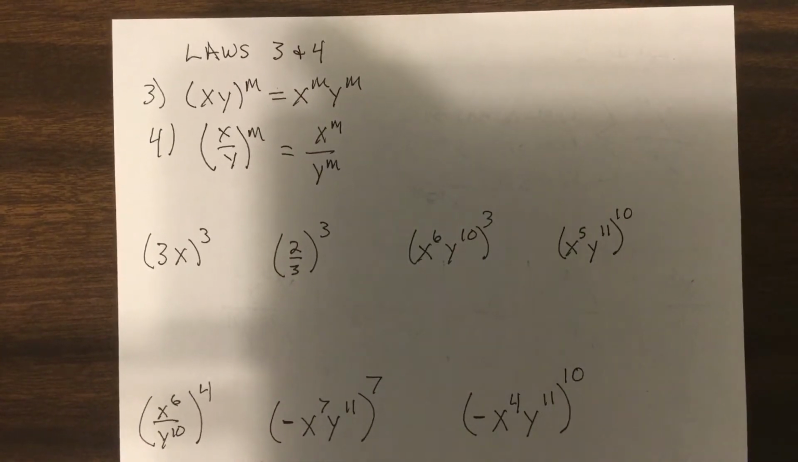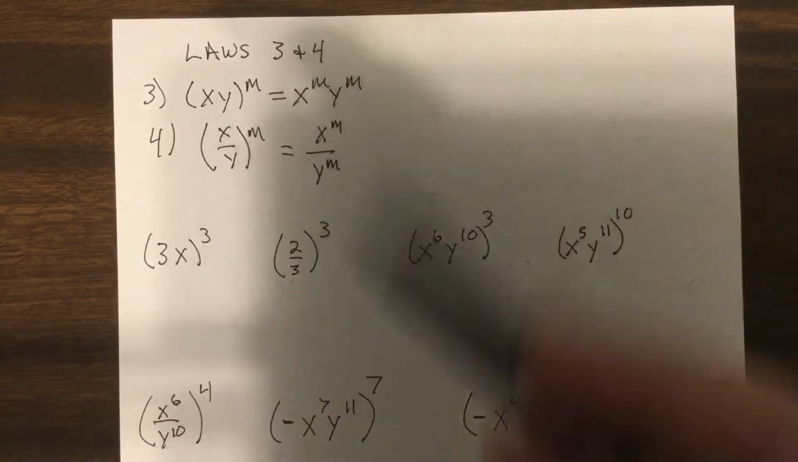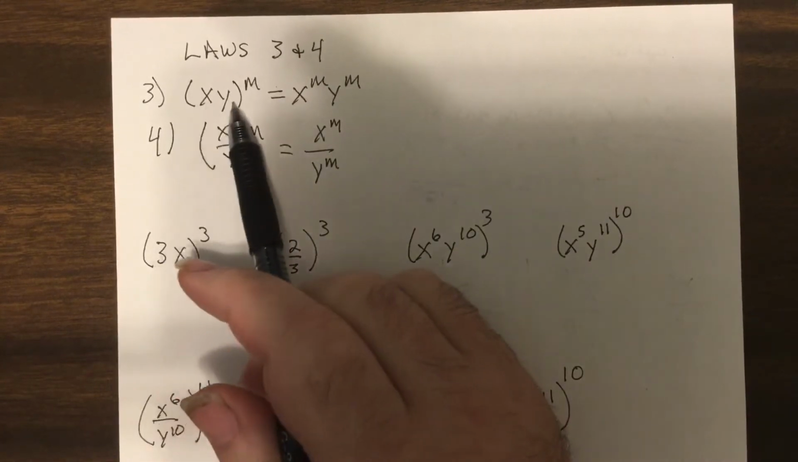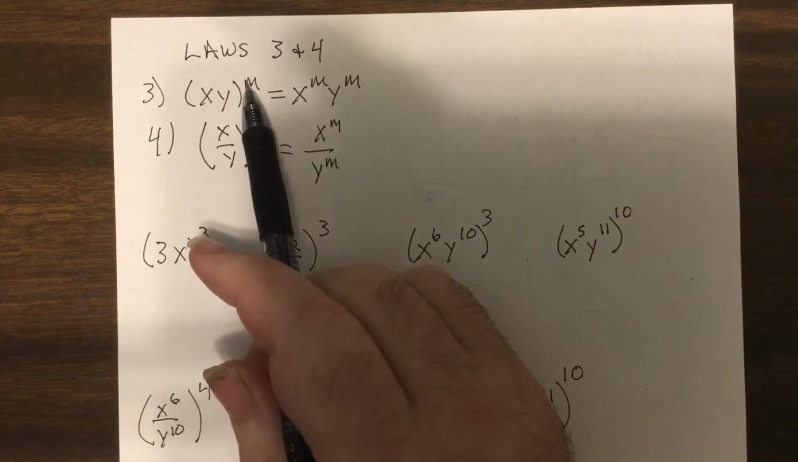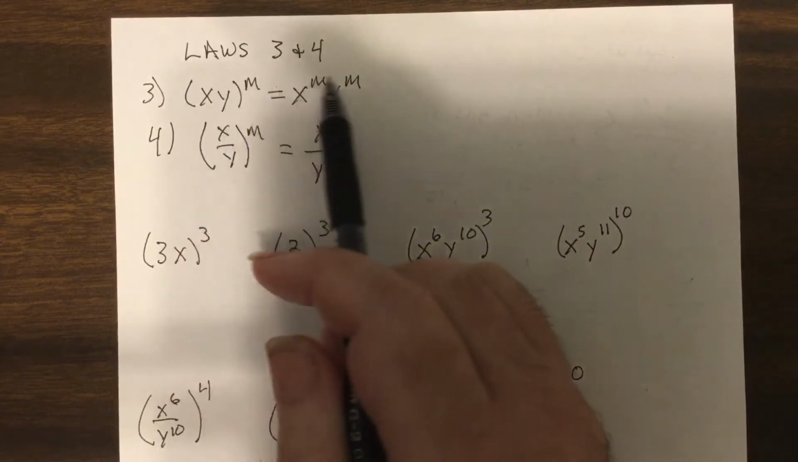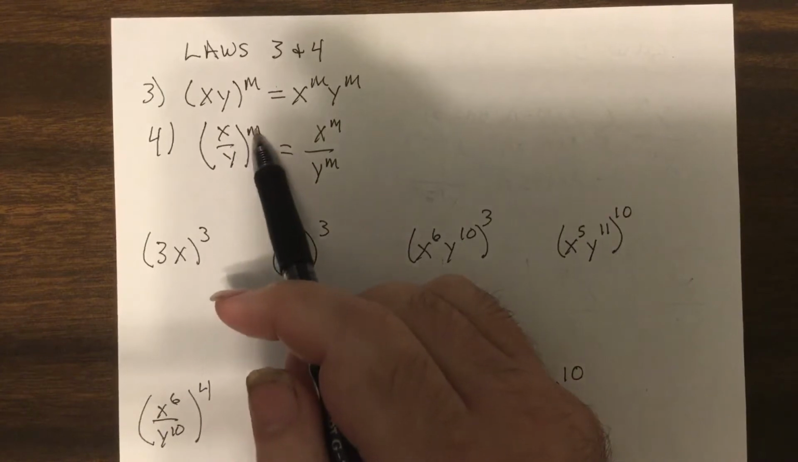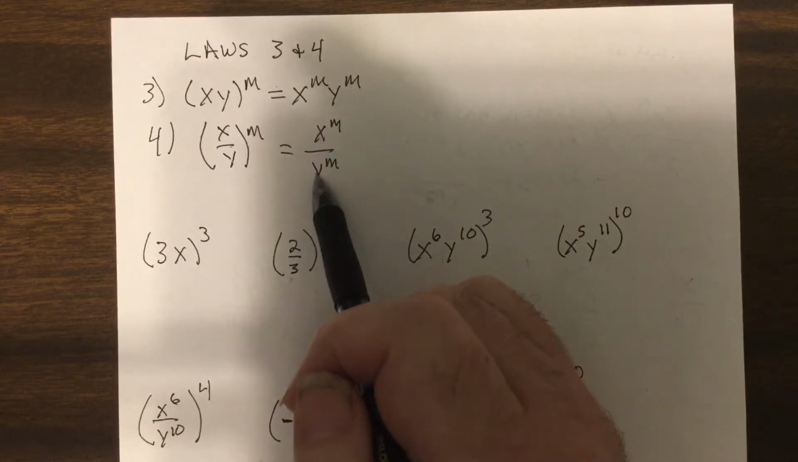Okay, now we're going to do laws 3 and 4. Now, in one of the classes, I switched 2 with 3. The order doesn't matter. It's do you know the laws? So 3 is if you have a product raised to a power, you raise every term to that power. And 4 is when you have a fraction to a power, you raise both terms, the numerator and denominator, of